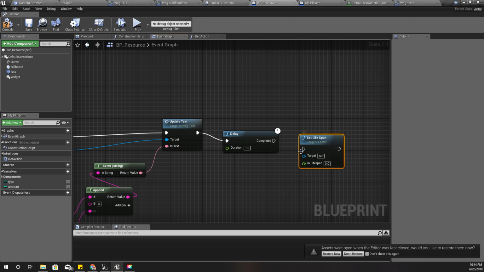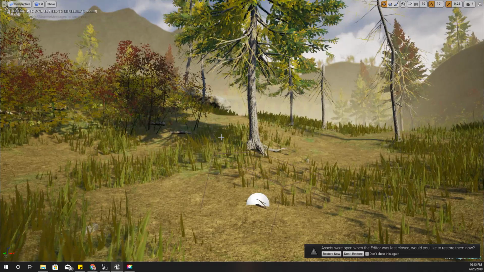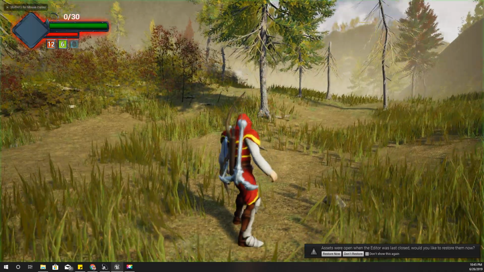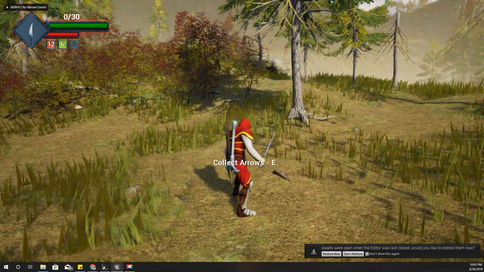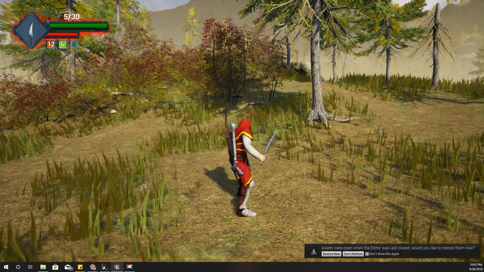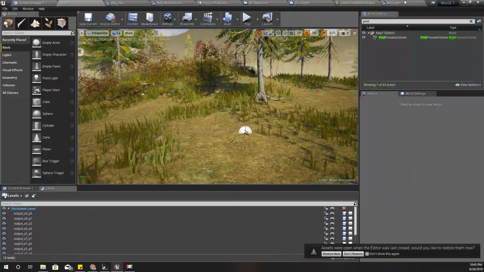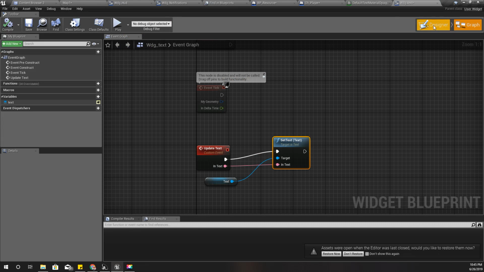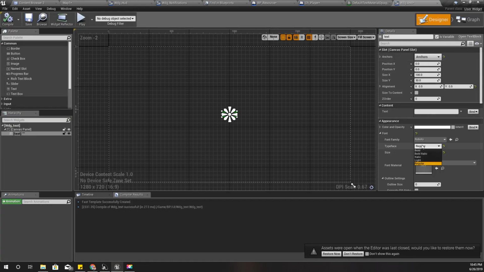Let's still destroy all this object because I don't need it anymore. Let's see. Okay, the 5x arrow showed and it goes. I think 5x arrows is too small. So I'll make it bold,